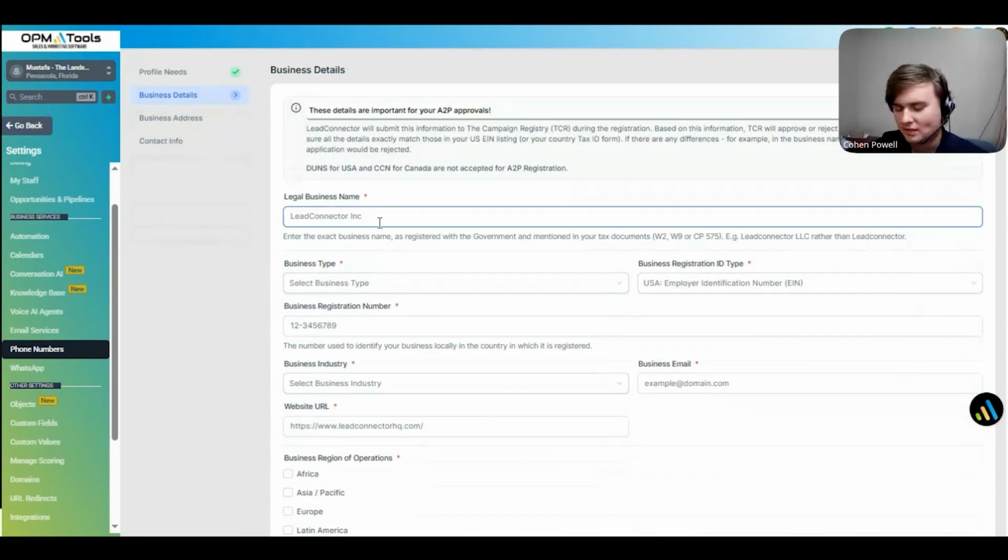Now, the legal business name is more often than not going to be different from the friendly business name. The legal business name is going to be the name of the company that is on your legal documents, such as IRS documents and so on. So, for this case, let's just go with Mustafa the landscaper, LLC,